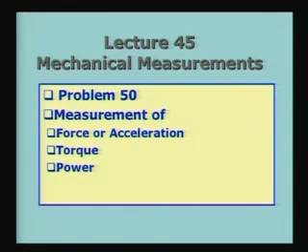So, this will be lecture number 45 on our ongoing series on mechanical measurements. Towards the end of the last lecture, we were looking at the problem of measurement of particulates in air, and we were thinking of doing a problem, so we will start with that problem. In fact, that will also mean that we are going to complete our discussion on measurement of particulates and then move on to the next topic.